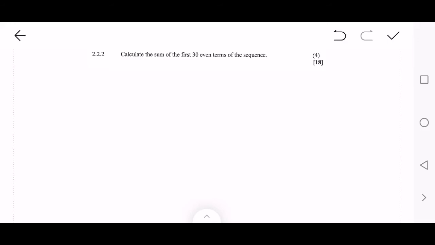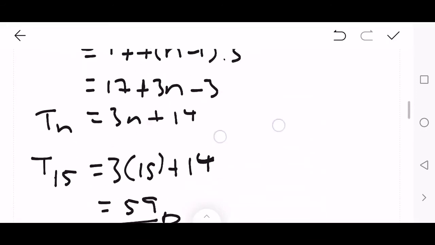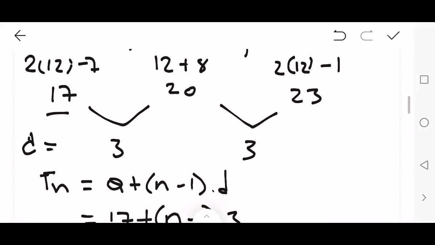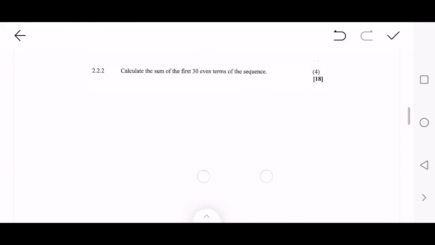So on this question, we are required to calculate the sum of the first 30 even terms of the sequence. So now we'll have to look at our sequence. We have 17, 20, 23. So let's write the terms down first. So we have 17, we have 20, we have 23. So now in order to get at least 3 even terms, we need to